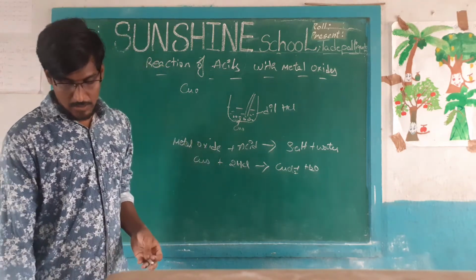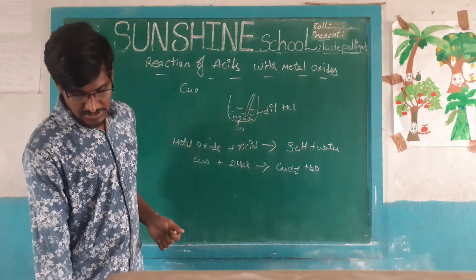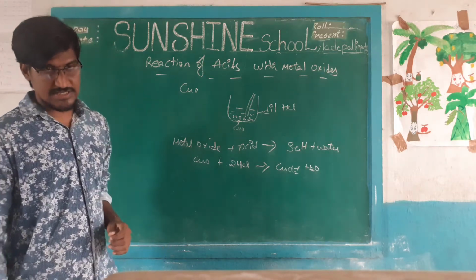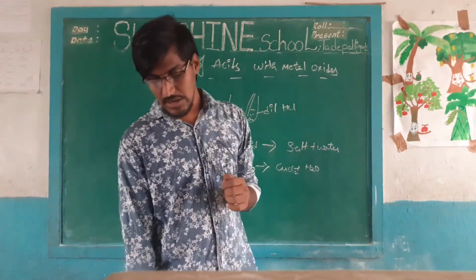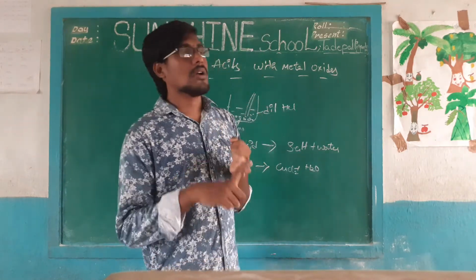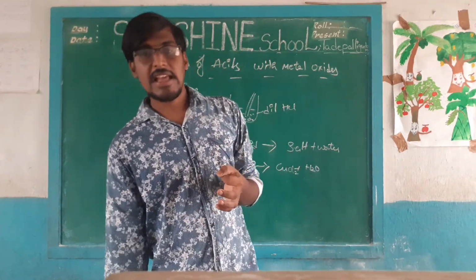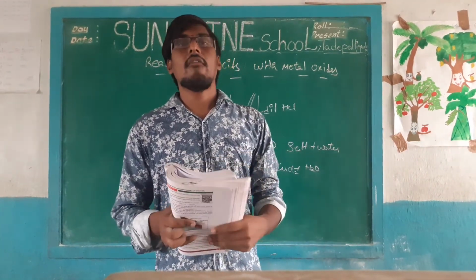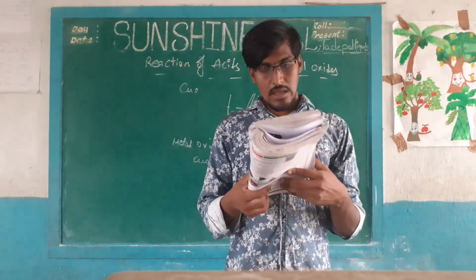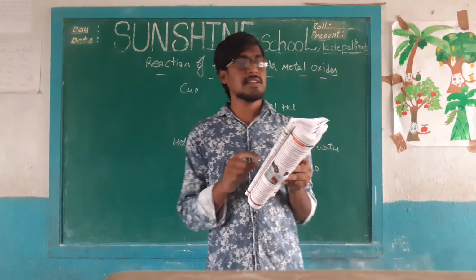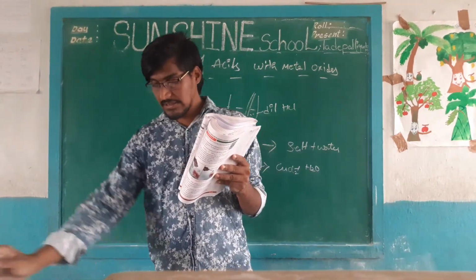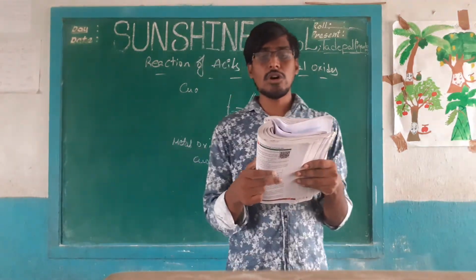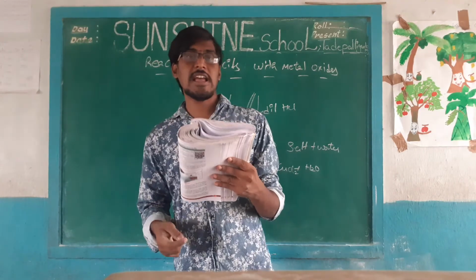Now we will learn about the preparation of solutions of glucose, alcohol, hydrochloric acid and sulfuric acid, like that. How can we prepare these solutions? While doing this Activity 7, we have to go to page number 76 and check Activity 7: prepare the solutions of glucose, alcohol, hydrochloric acid and sulfuric acid, etc.